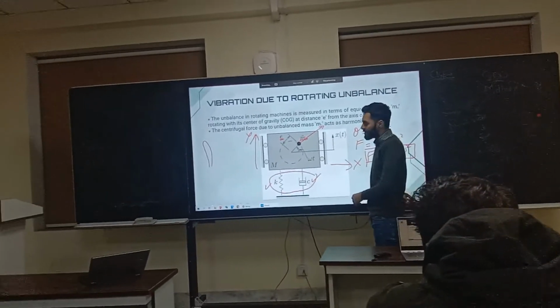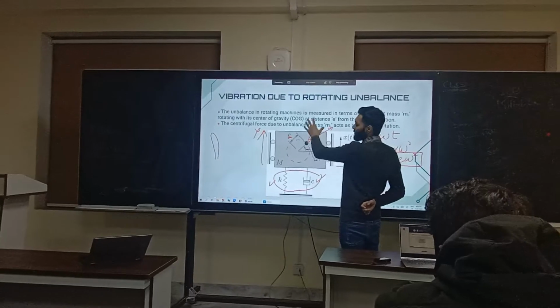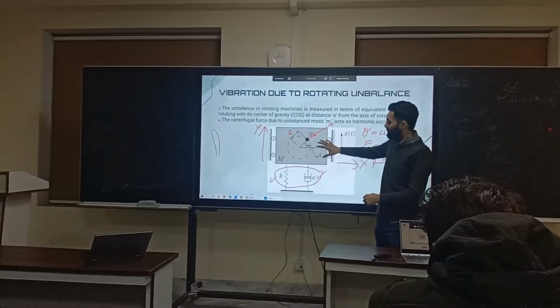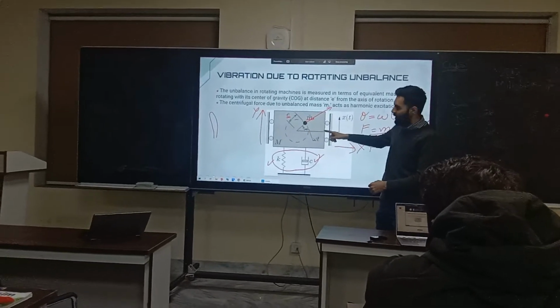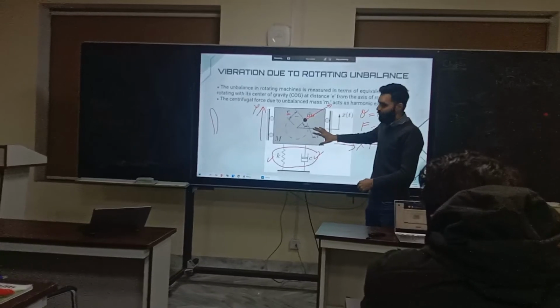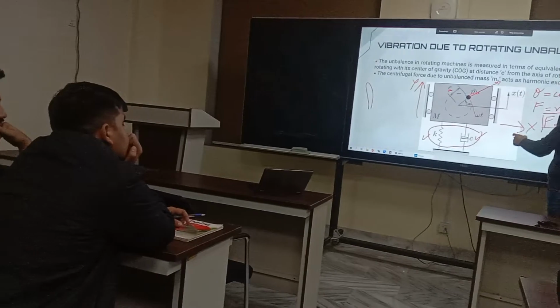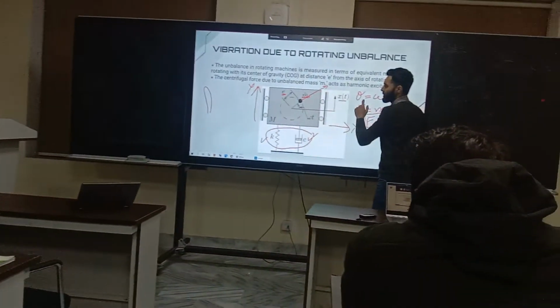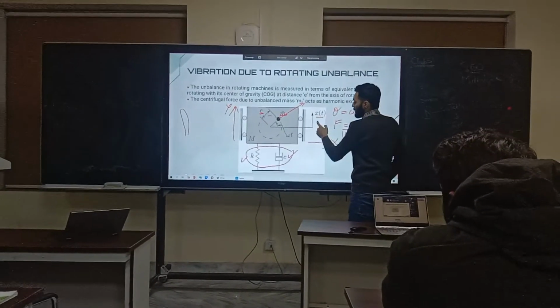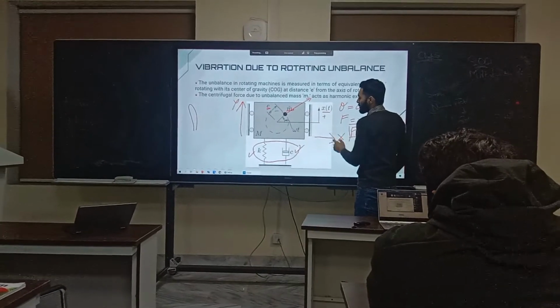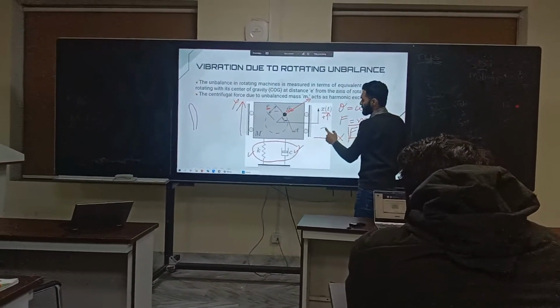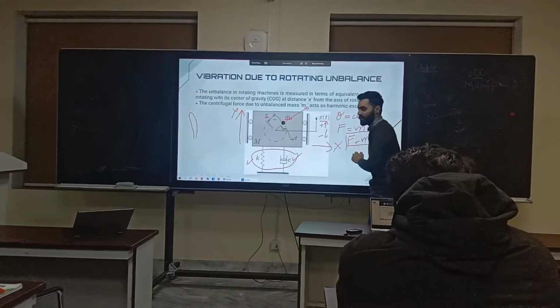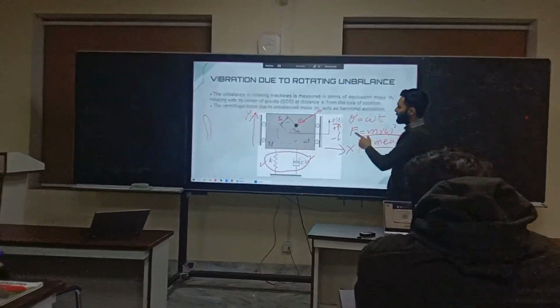So what actually happens is whenever the centrifugal force is applied by the mass m naught on the whole mass, whatever the force, the motion would only be in the direction of x. It can either be in positive x in the upward direction, or it can be in negative x in the downward direction. So in this case,